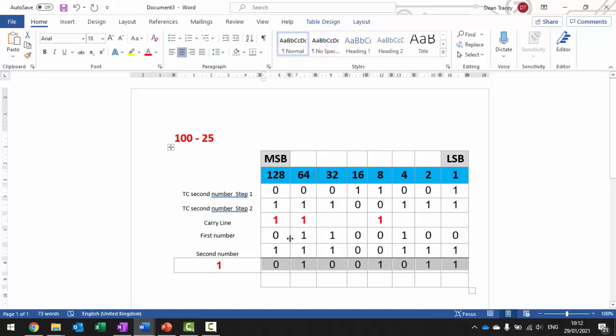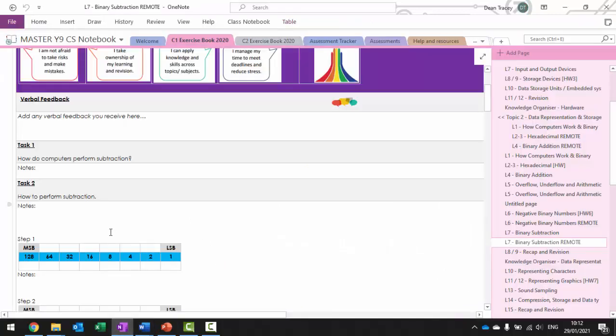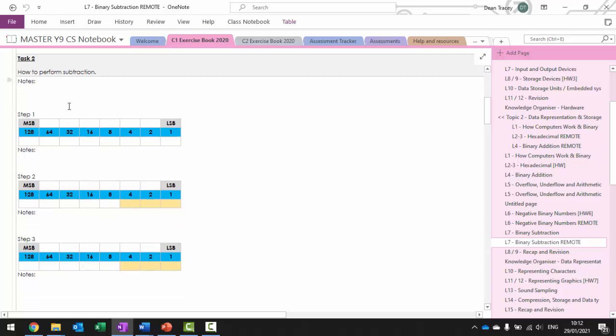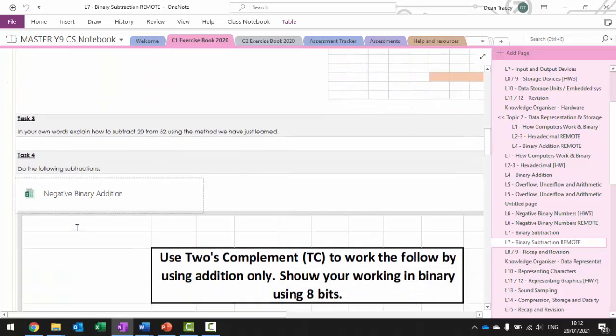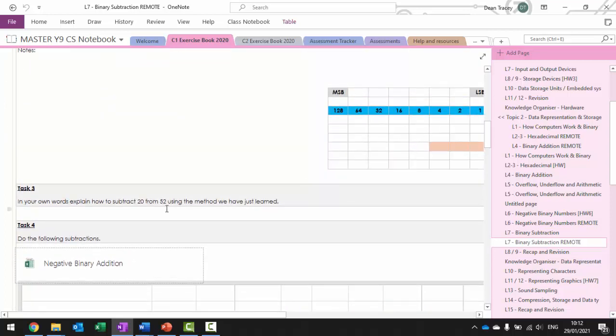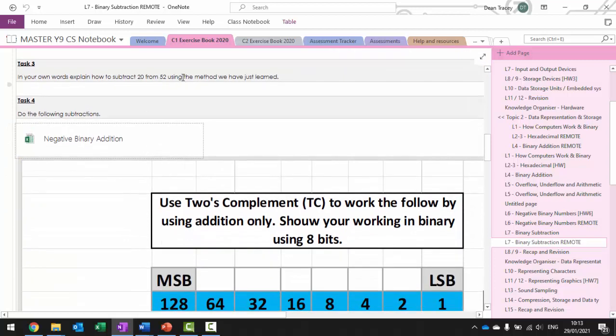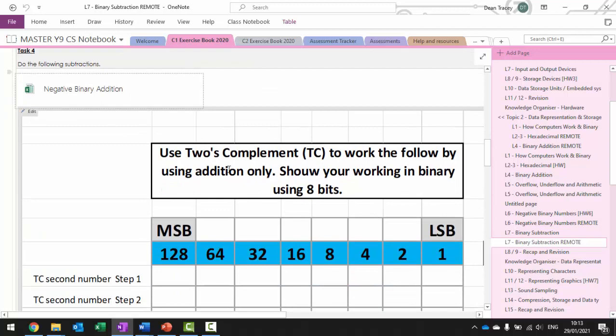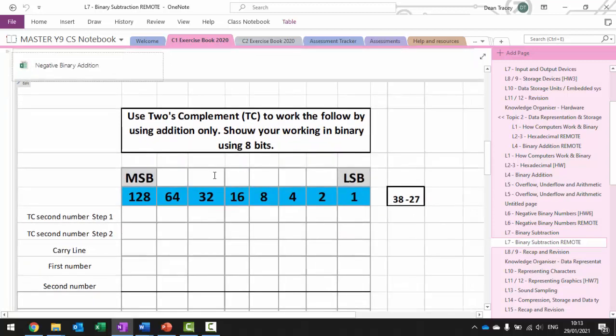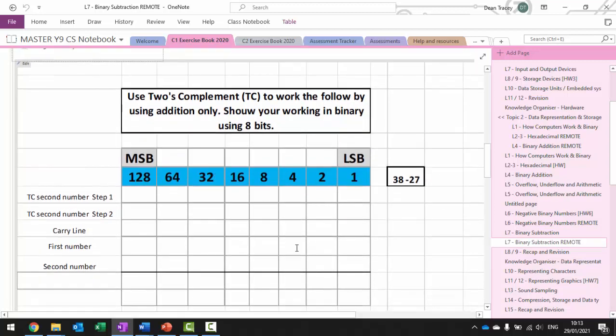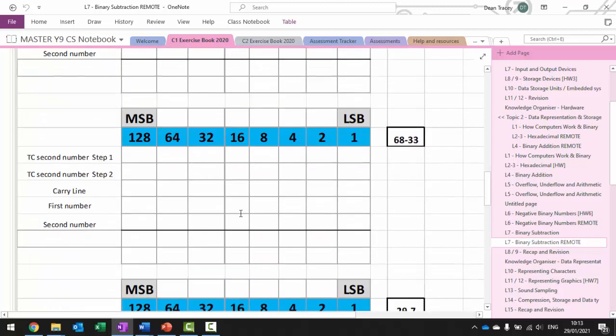Feel free to watch this video again if you're struggling, especially maybe this last bit where we're doing this number here. If you are struggling when you get to your OneNote too, obviously you'll be able to do this bit, which is just you writing some notes on how to convert numbers. You've got a table here that you can use, copy and paste whenever you need it. You've got an example here, 52 minus 20, and then you've got another spreadsheet. If this spreadsheet again fails to open for you, do this on paper, do it in Word, whatever you need to do, as long as you get to have a practice at this and you get to put your notes